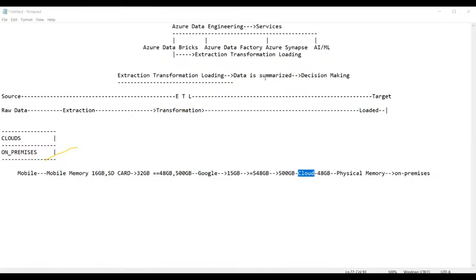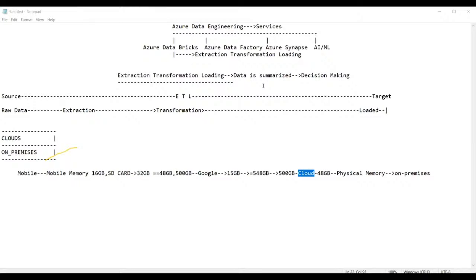Suppose tomorrow you travel to another country, say the United States of America, and did not take your mobile phone. Can you get this Google Drive data onto your mobile phone even after reaching the USA? Yes, of course. That means access is possible irrespective of location, so we can access data stored in Google Drive from anywhere in the world.